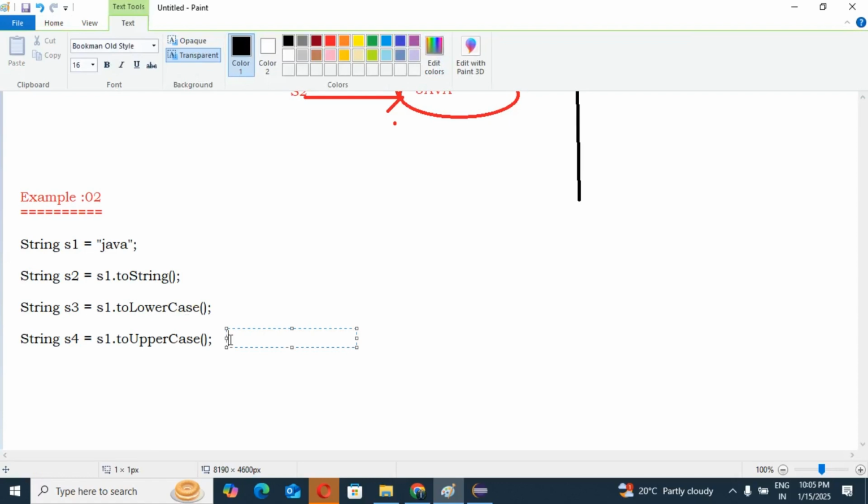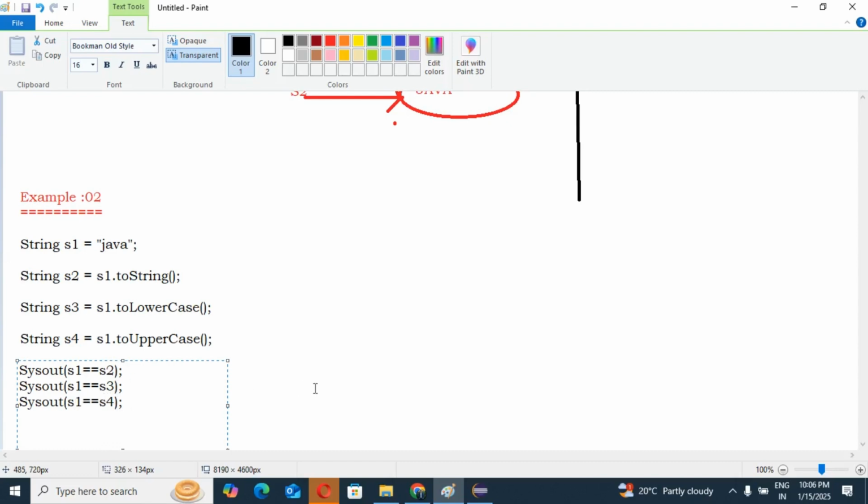And last, if I want to print, okay, so sys out s1 == s2, and sys out s1 == s3, and sys out s1 == s4. Guys, tell me, do you have any doubt till now? No, because I am going to compare all the objects.